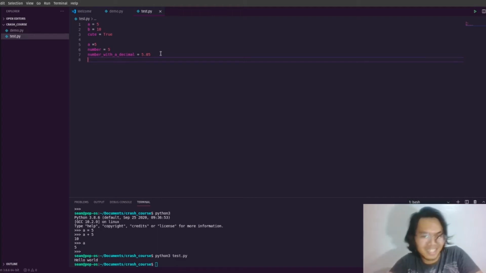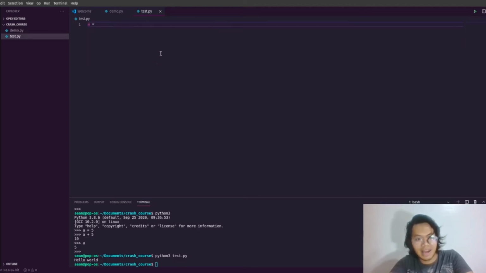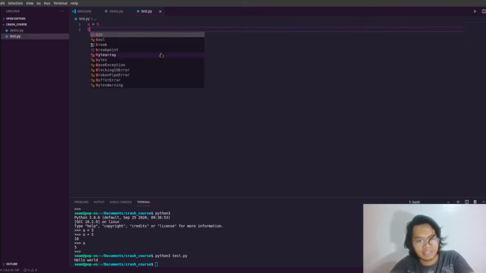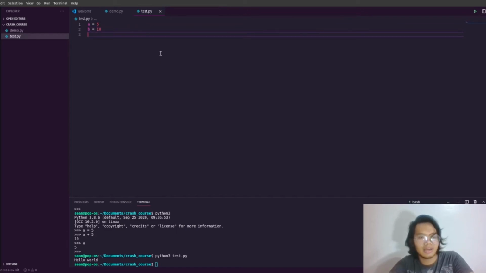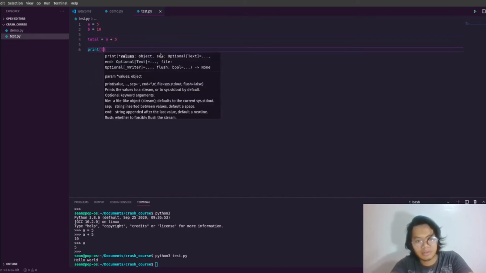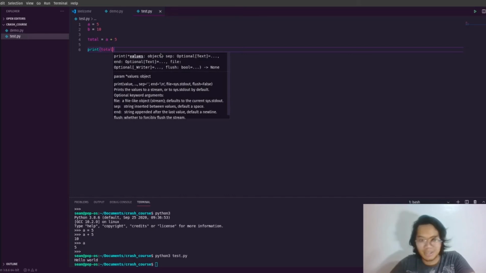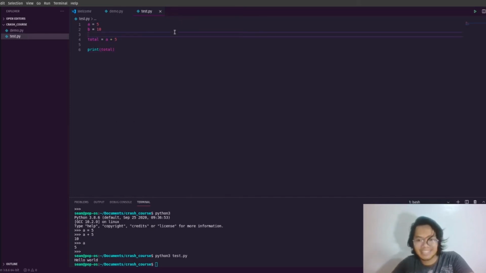I'm not sure if I'm making sense. For example, if I assign A to 5, and if I assign B is equal to 10, and if I assign total is equal to A plus 5, and I print total, this is a complete sentence. Basically, A is equal to 5, B is equal to 5, and A plus 5 is equal to total. It's a complicated statement that uses operations. More on that later. If I want to run this, I just do this,